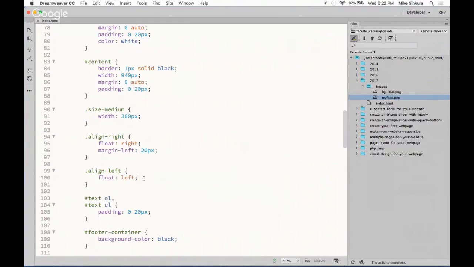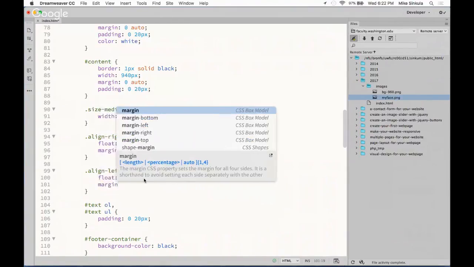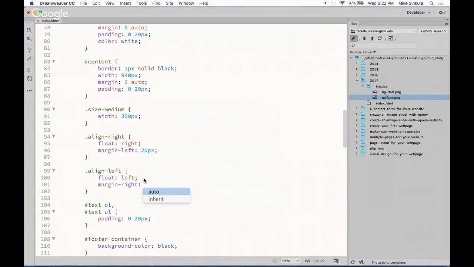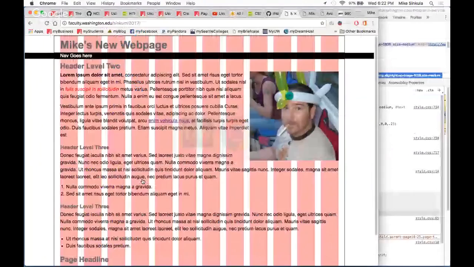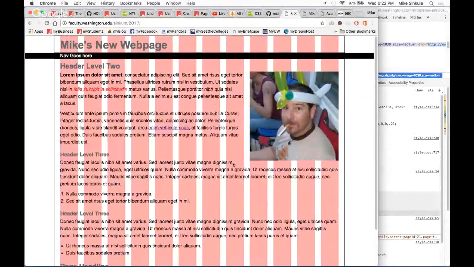Same thing. If I aligned something left, I would say margin right 20 pixels. Right, so now you can see that, because this text is left aligned, ragged right, it doesn't come all the way out there, but sure enough, believe me, it will allow it to come out all the way there. Yeah, do you have a question? Yeah, is it just trial and error when you guess like